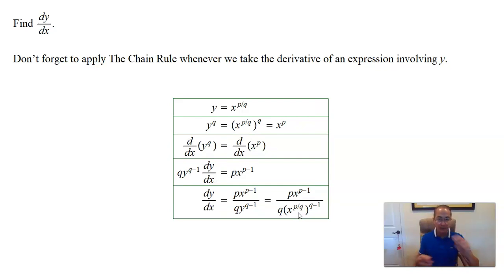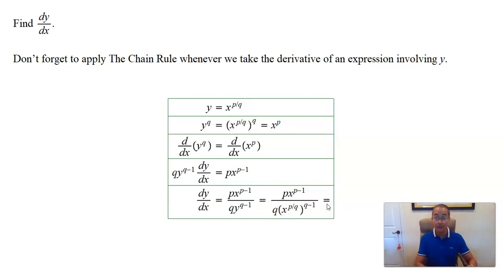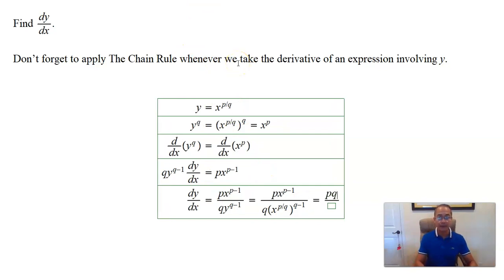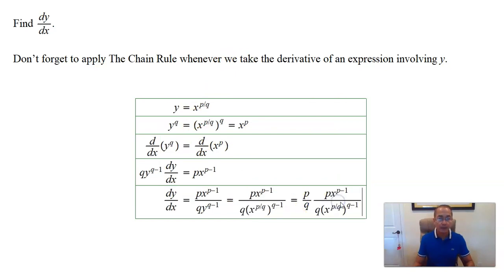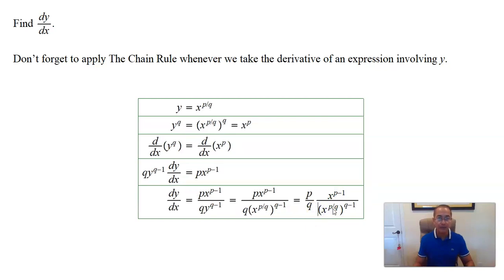Okay, so that is wonderful. And oh, guess what? We have p over q here, and that is good because p over q is our exponent, k. So we can separate that out, p over q. And then what do we have left? We have x to the p minus 1 and x to the p over q raised to the q minus